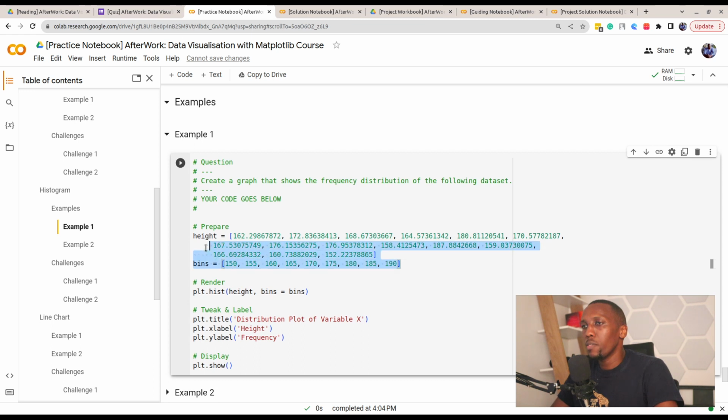So we can first of all set our data. The height data is the data set that we have, and we also have bins. Bins are usually critical when it comes to working with histograms. You would use them to show the frequency distribution within your histogram. Then once we have these two key pieces of information, we then use the hist function